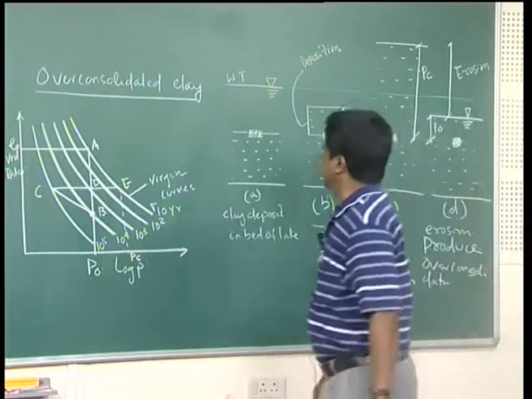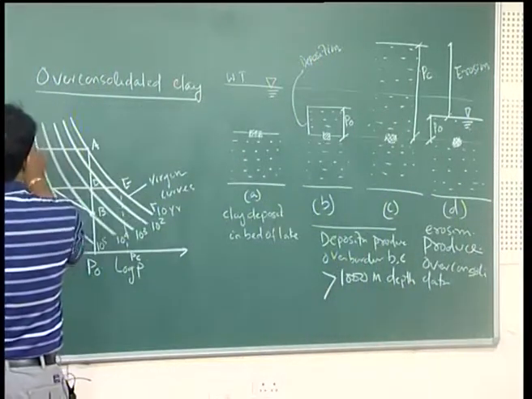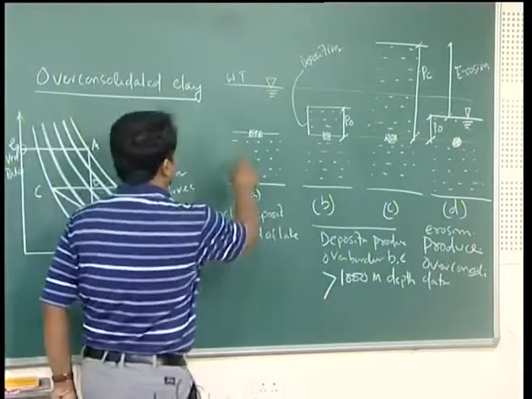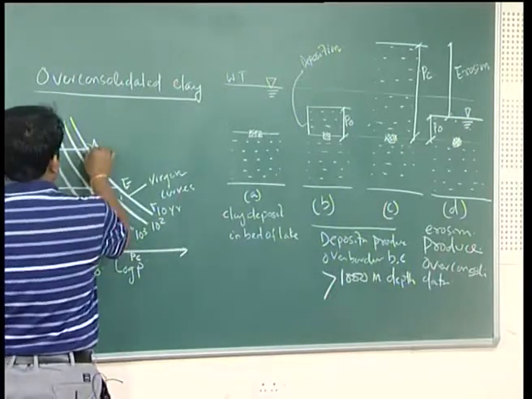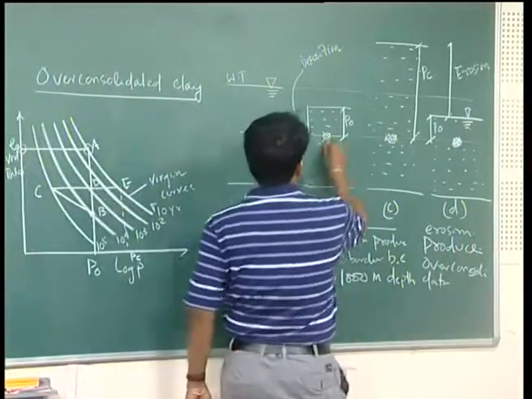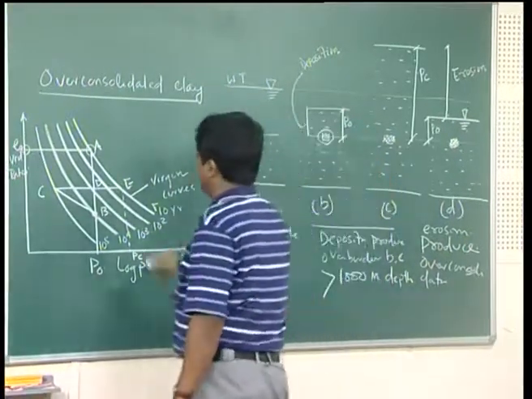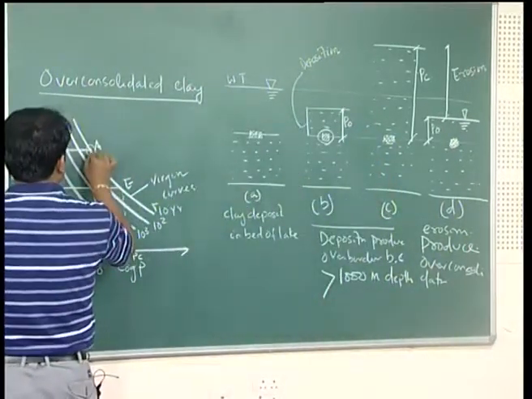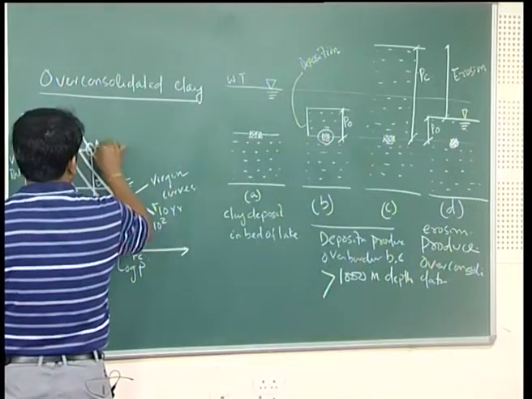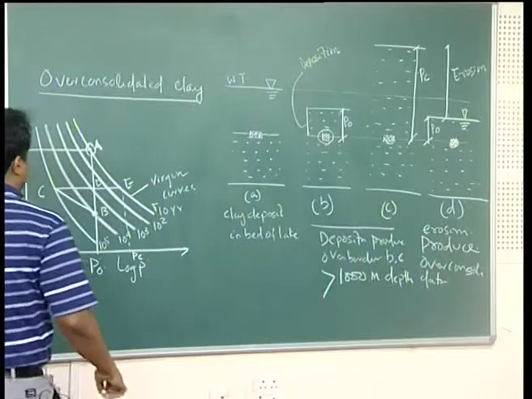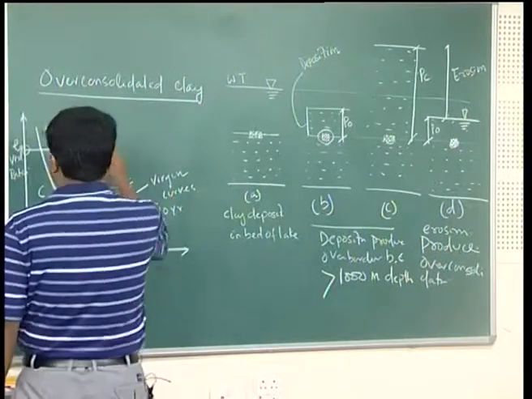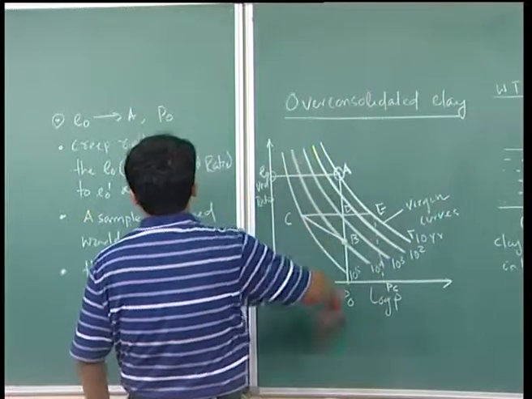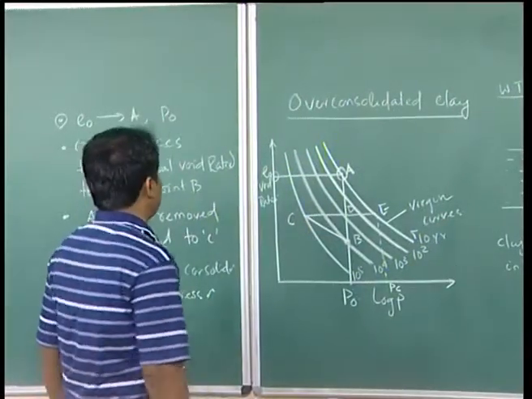Now, let us say this is my initial void ratio E0 of the clay sample. So, soil is here. With this clay sample, P0 is the overburden pressure. So, it intersects one of these virgin curves at a point, that is called 10 years time. Now, what will happen with this? Due to creep, suppose the void ratio will change from E0 to E0 prime.